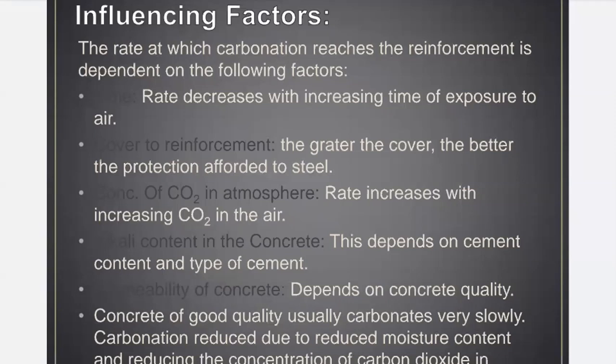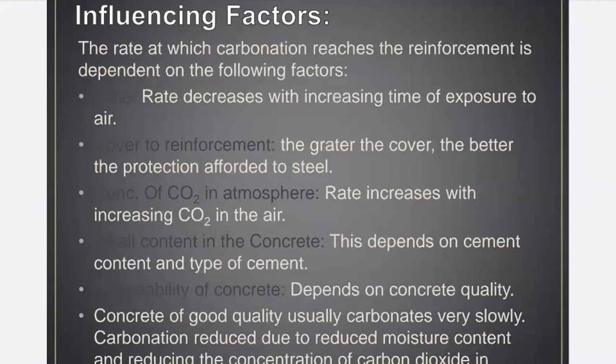So always remember, in case of overseas structure, in case of construction of piers or abutment, you should provide greater cover. The cover is nothing but the clear cover. Clear cover means the distance between the external surface of your concrete and the external surface, or you can say the bottom or outer periphery surface, of your steel. That distance is known as the cover.